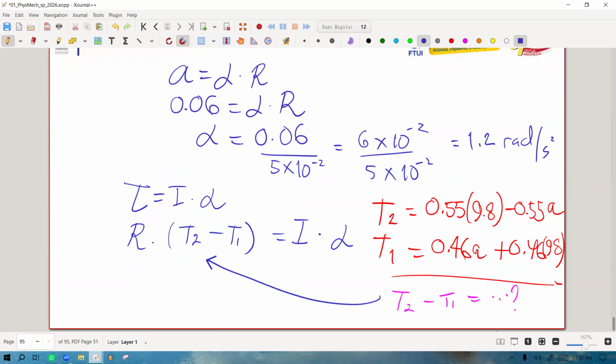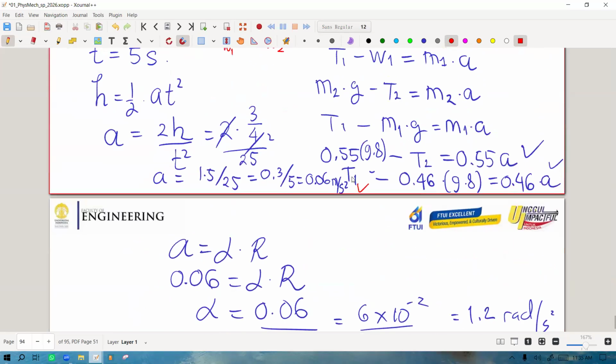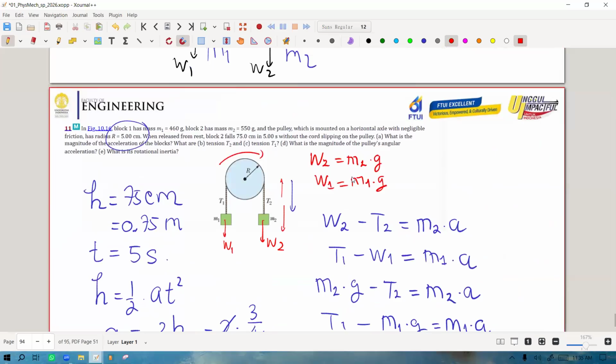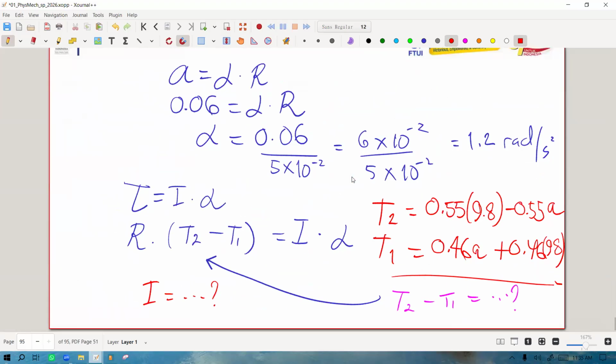Okay, and then after substituting into this one, you will get the alpha. Sorry, the inertia. Yeah, you will get the inertia. After you get the inertia, you can find the magnitude of the acceleration. Okay, acceleration we have already calculated. Tension, yeah. After you get the inertia, you can